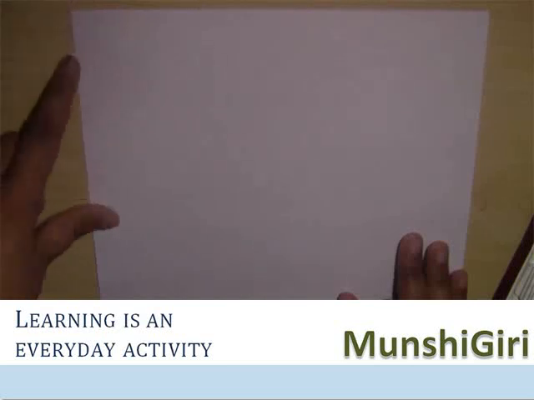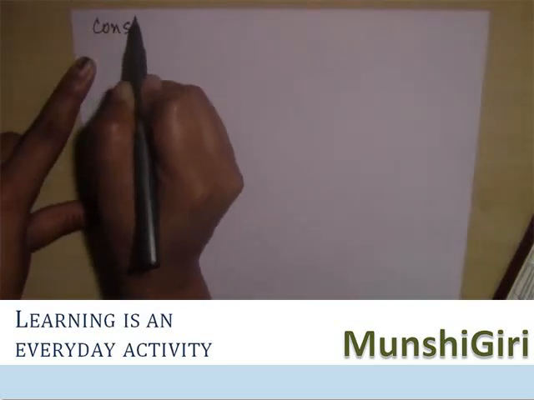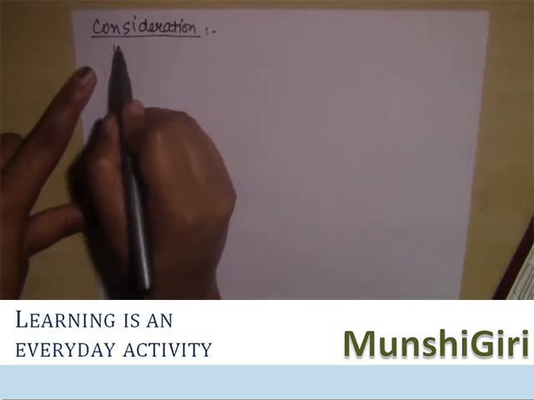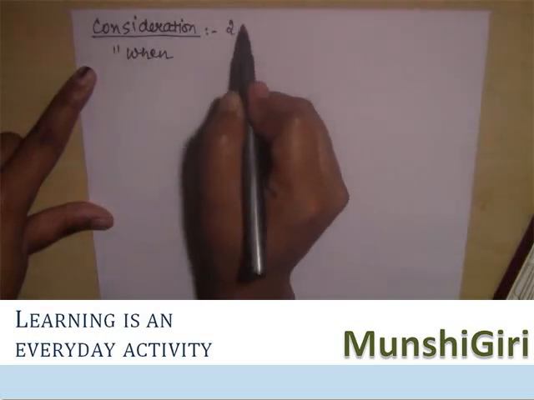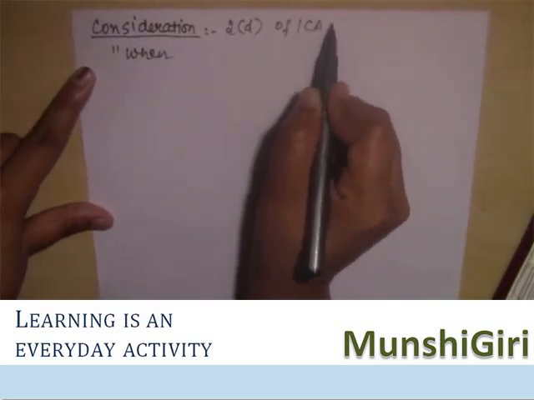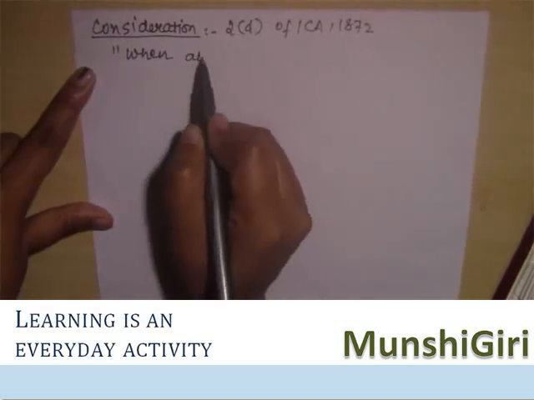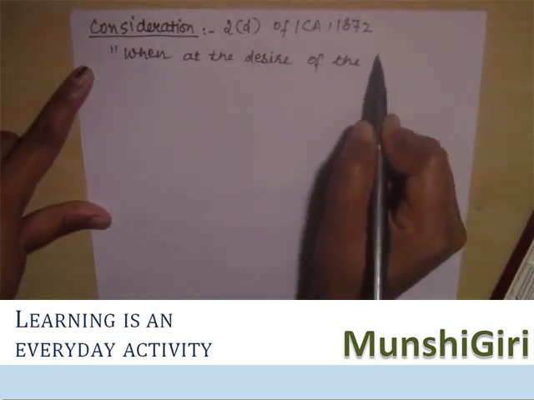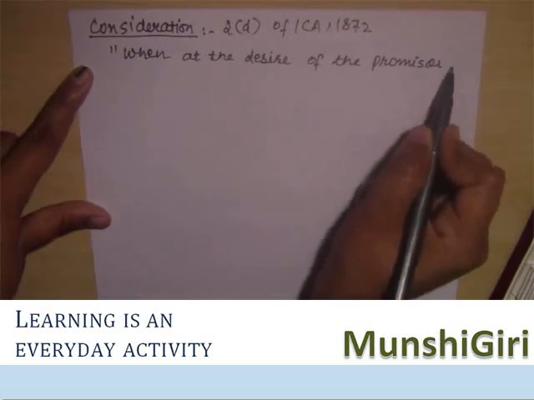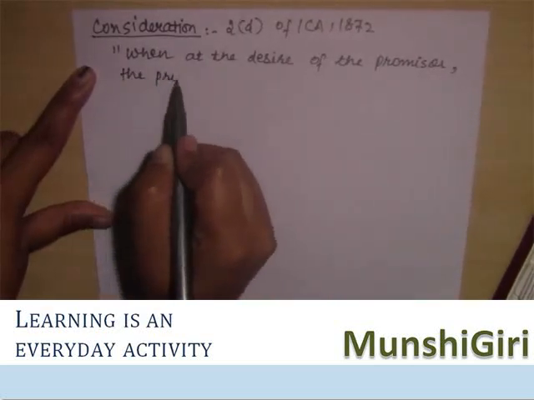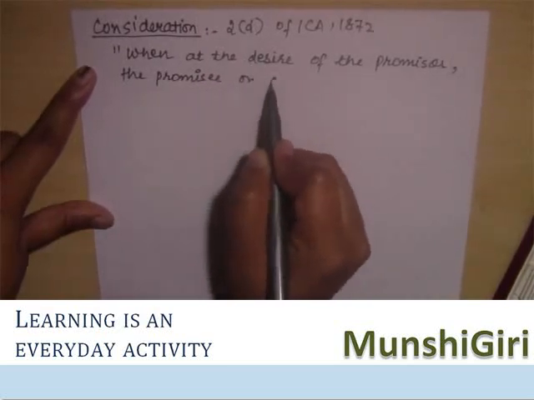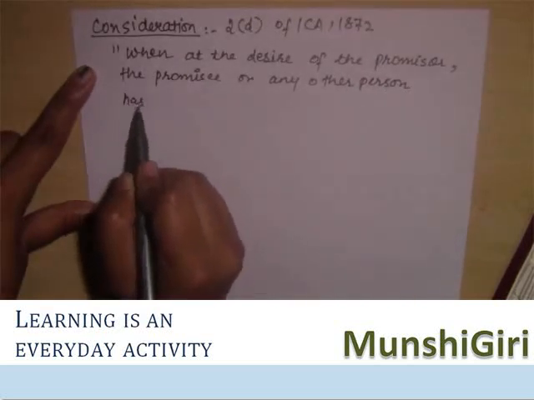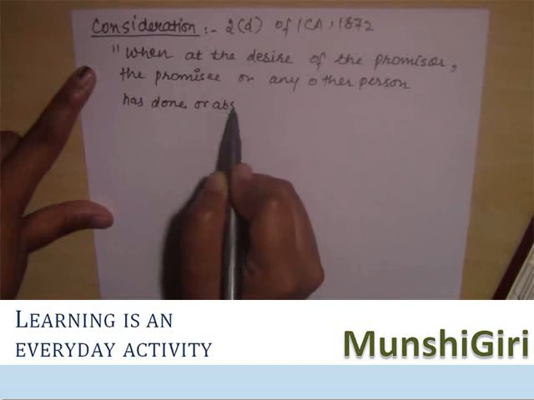The definition says, when at the desire of the promiser, the promisee or any other person has done or abstained from doing something,